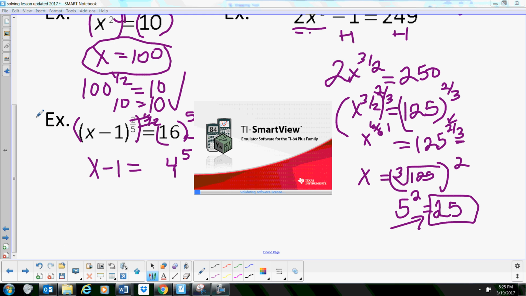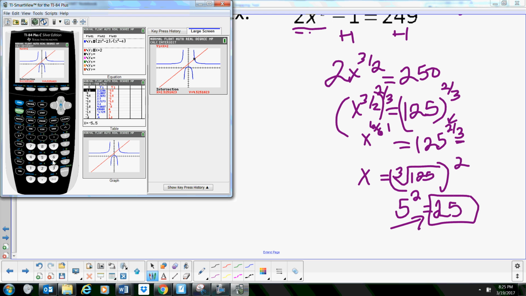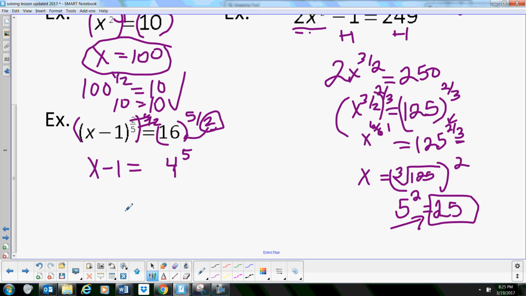Let's open this up and do that. 4 to the 5th power is 1,024. I should know that, but I don't. Okay, so 1,024. Then we're going to add 1 to solve for x, and x is